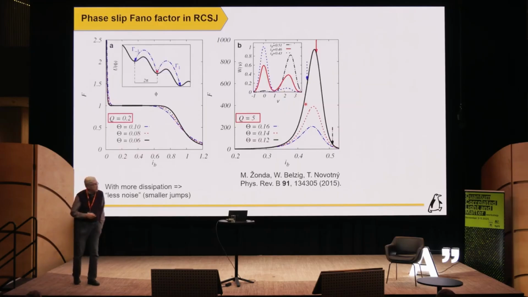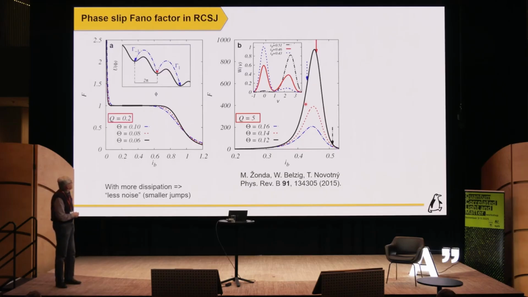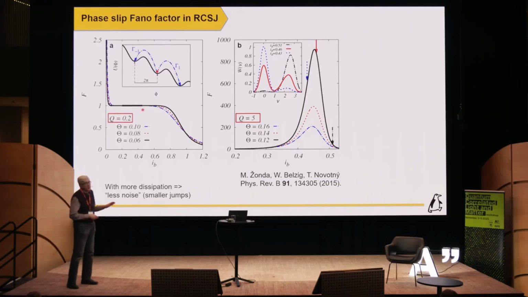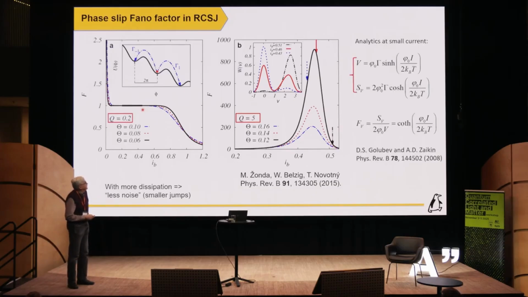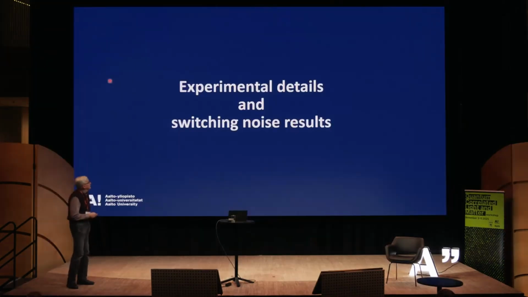In Josephson junctions, people have done calculations, and it's illustrated here, and these graphs illustrate the importance of the quality factor. If your quality factor is large, then you can have huge noise at high currents. If your quality factor is small, then the system is stabilized and you have single phase slips. Of course, this is not exactly the calculation for our case, but the theorists are saying that qualitatively this should be fine. And at small currents, you can do analytical calculations, and you get the high-voltage coth behavior, which is basically this initial decrease here.